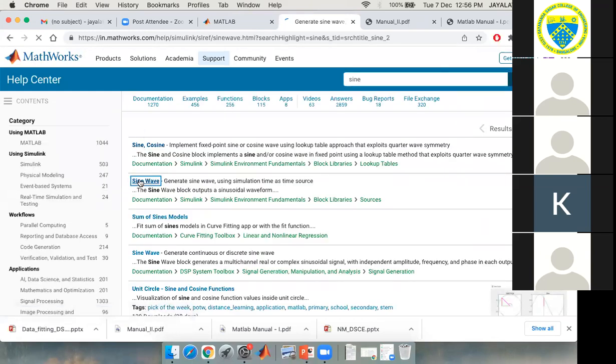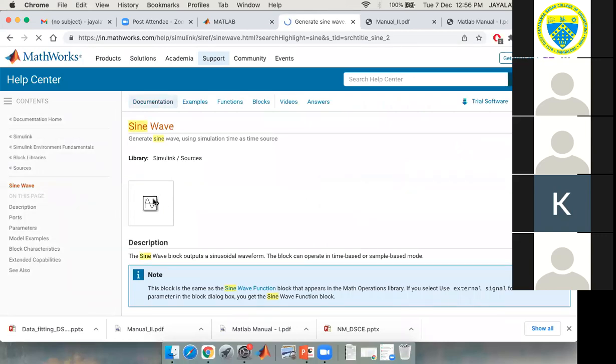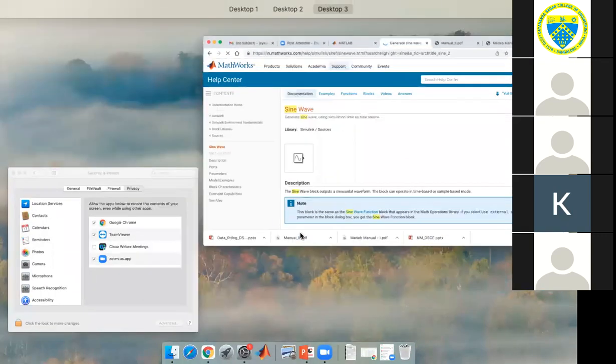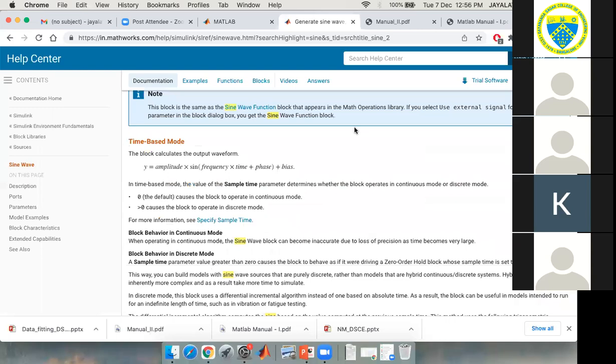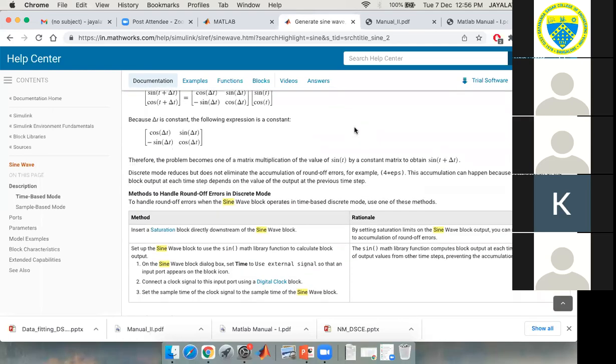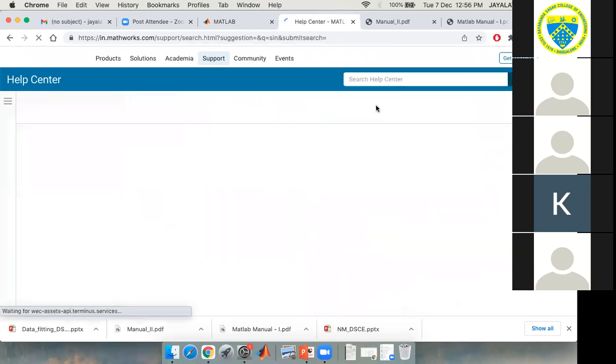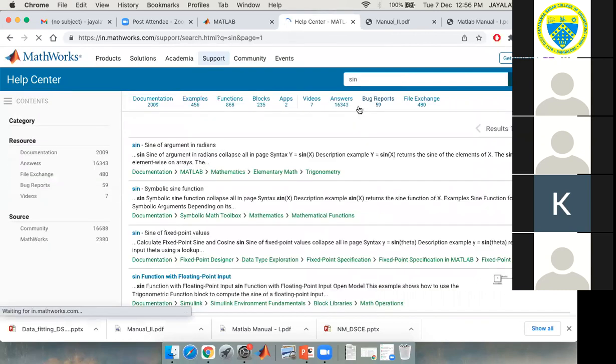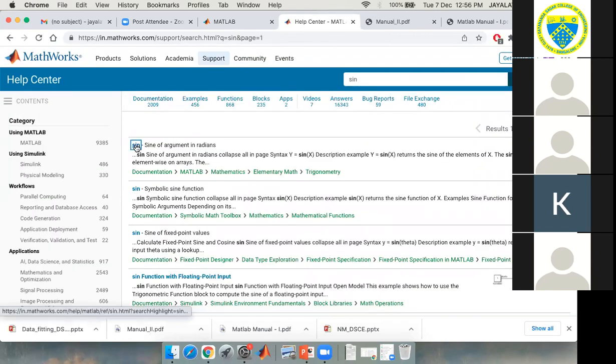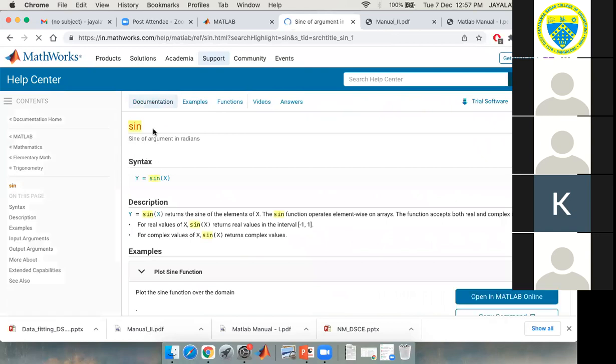So I have just given the sine command. It will show me how the sine wave looks. You can explore many things here actually. It will show how to use this function.